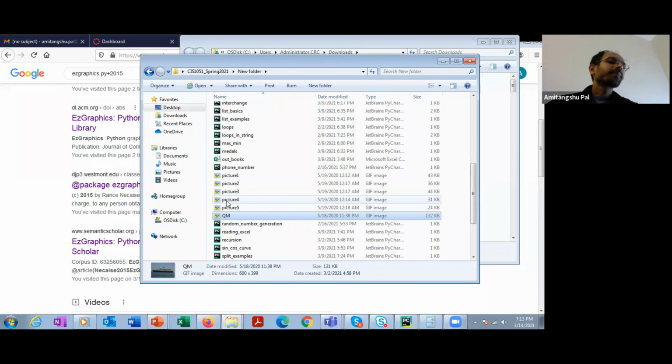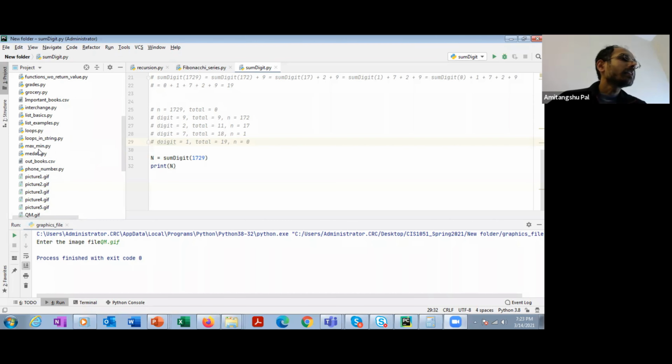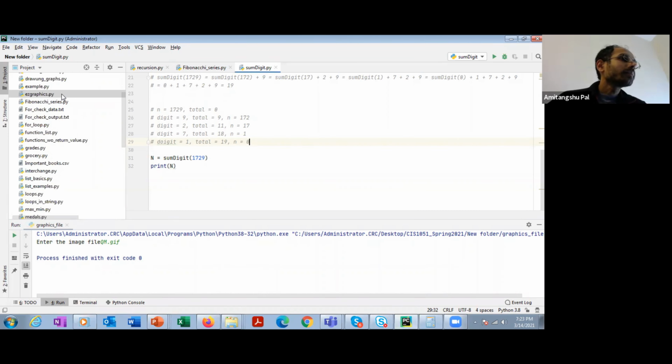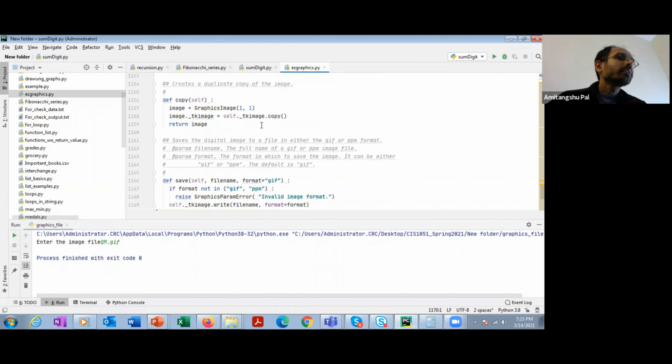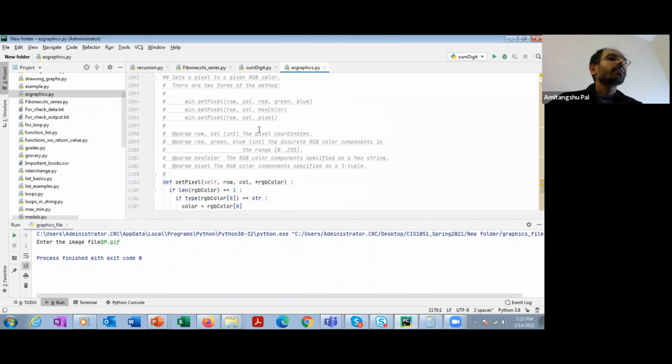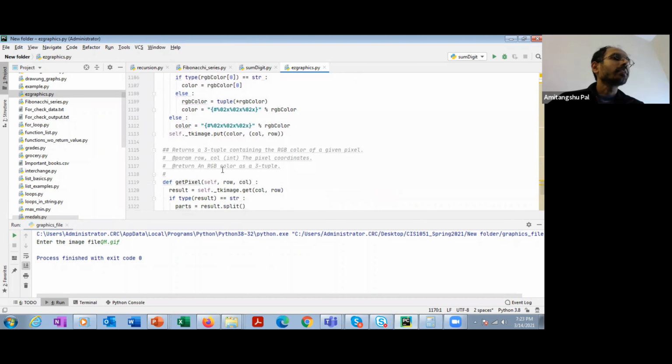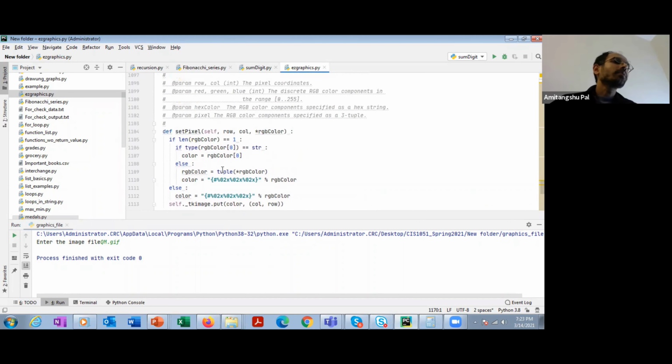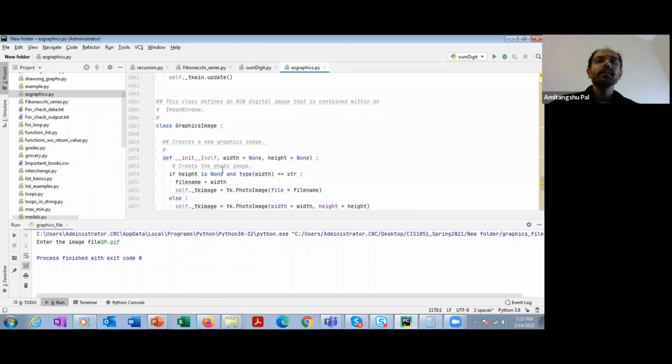If you download the Easy Graphics file in the current folder, then you will find it over here. In this easygraphics.python file, you will find different graphics related functionality, right? Set pixel, get pixel, and all those things. These things we are going to use in the next few examples.